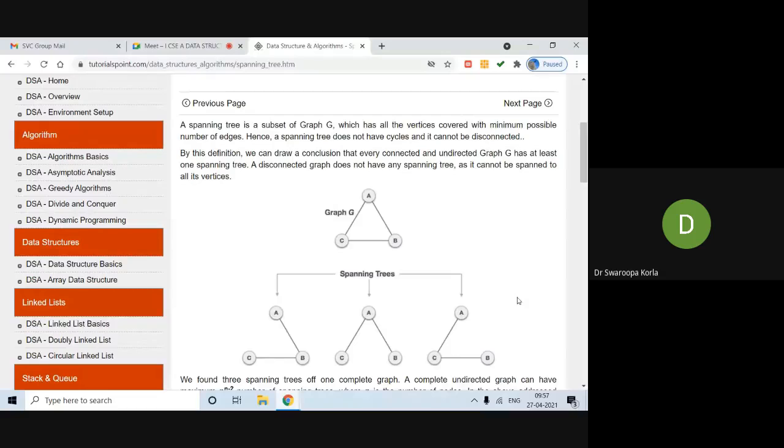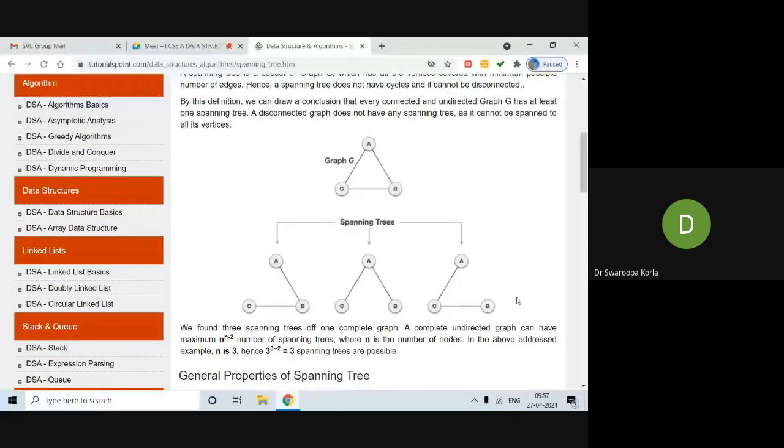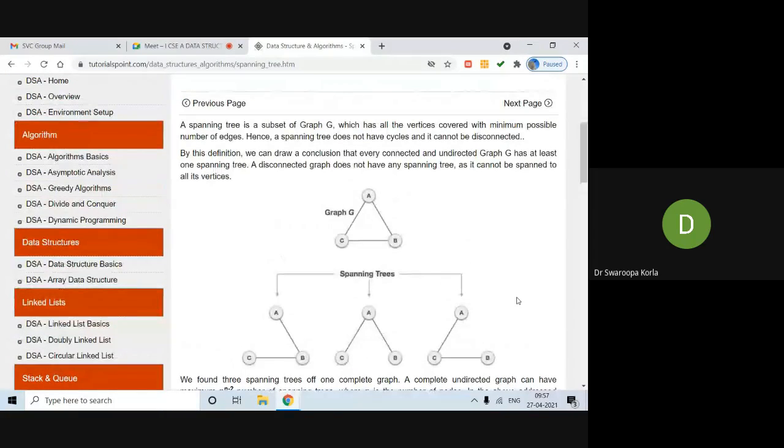So when you are taking an example graph, if you are constructing a spanning tree, you should take care to remove all the cycles from that graph. Then you can call it a spanning tree. I repeat, the important spanning tree properties are: the spanning tree should not have any cycle. The spanning tree should consist of all the vertices with the minimum number of possible edges. And a spanning tree should never consist of any disconnected vertices. This is about a spanning tree.